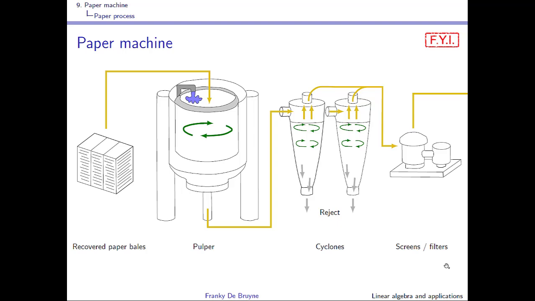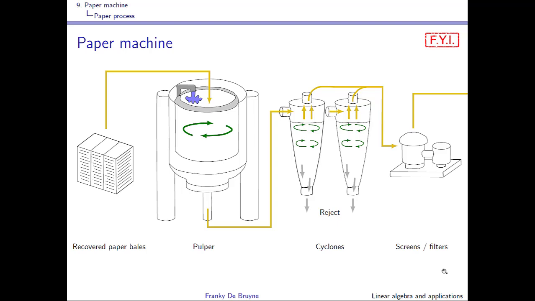So in this last video we used the paper machine and its control, and more in particular the control of the quality parameters, to illustrate that some of the concepts that have been seen in this course of linear algebra find their application in control. So before showing you a little video, I will give you a few words of explanation about the paper process,